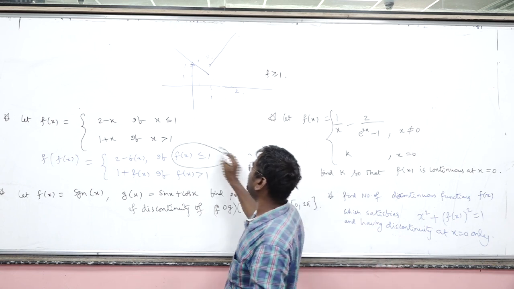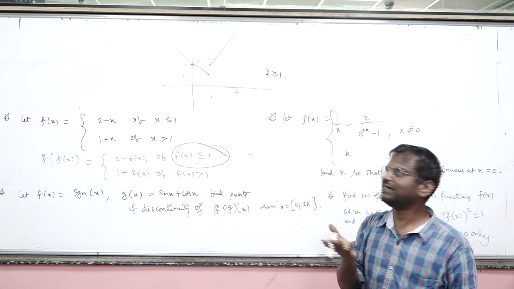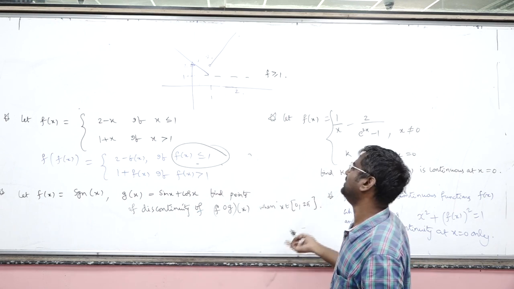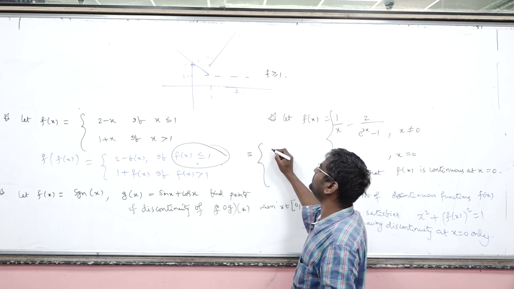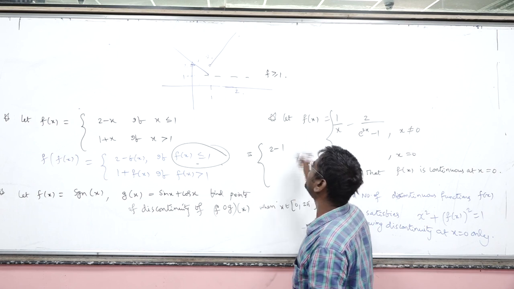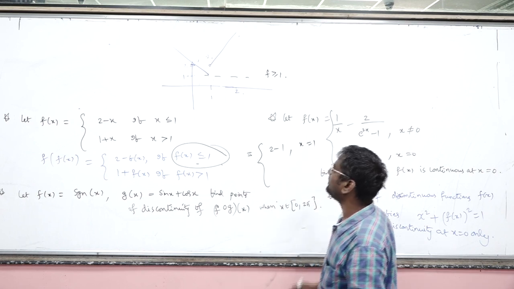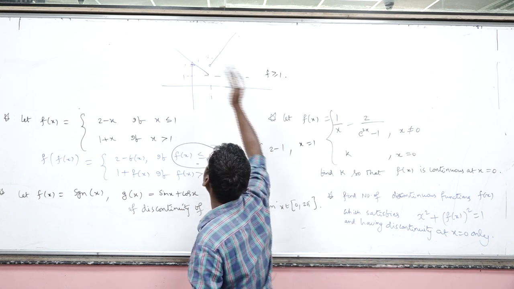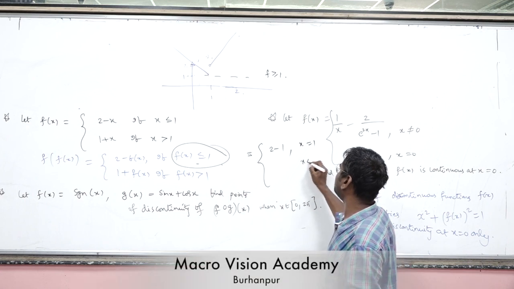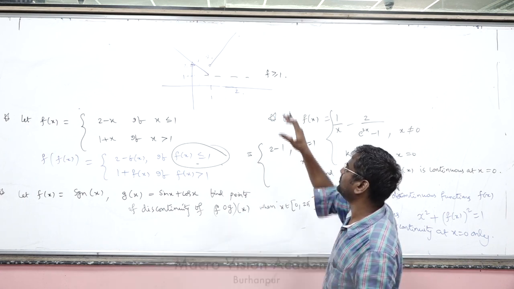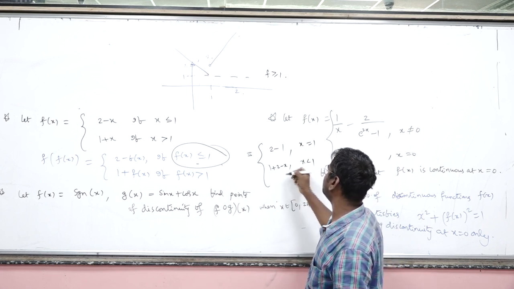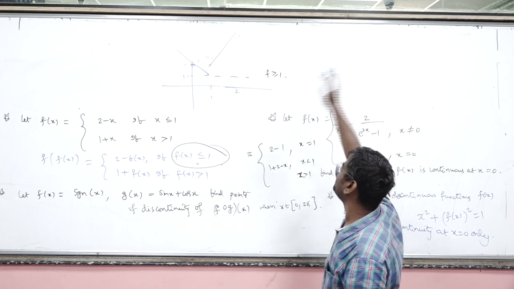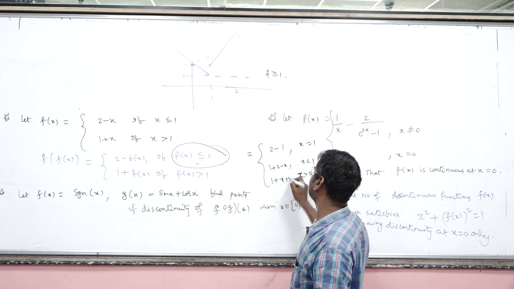So here f of x less than or equal to 1 means we have only one branch, f of x equal to 1, and when f of x equal to 1, the value is f of 1, only 1 point. So that translates to 2 minus f of 1 which is 1. That is when x equal to 1. And then f of x more than 1. When f of x is more than 1, leaving this point, we have two separate branches. When x less than 1, we take this branch which is 2 minus x and replace f of x by 2 minus x. And when x is more than 1, it is 1 plus f of x, that is, x plus 1.